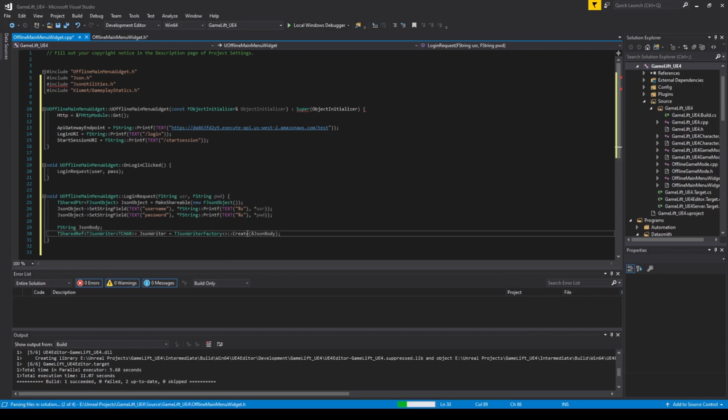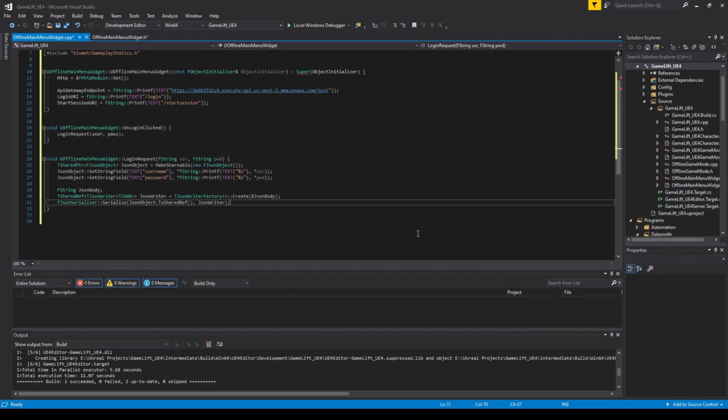It points to the JSON body, or references the JSON body. To actually serialize our JSON body, we need FJsonSerializer::Serialize, JsonObject.ToSharedRef, JsonWriter. After we got our JSON payload,